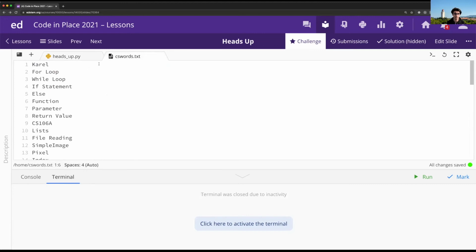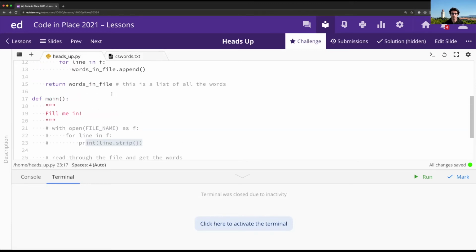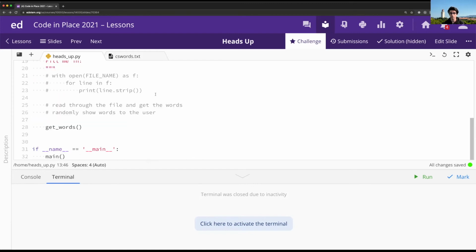Each line in this file is a particular word to guess. It's Carol, or for loop, or while loop, or if statement, and so on and so forth. And so what we probably want to say is line dot strip in there. Remember, we include the dot strip because we don't want the newline character. That's only for us to know what separates the particular lines.